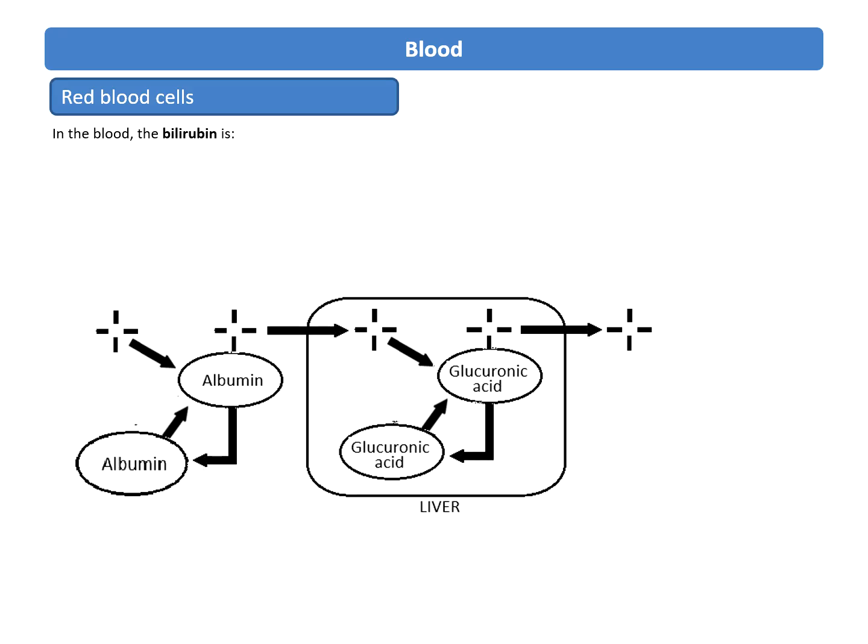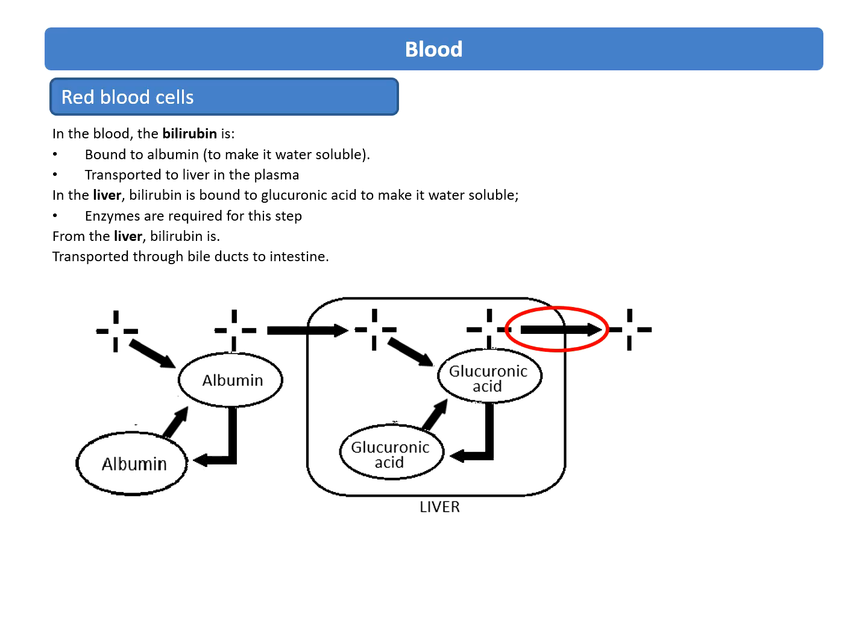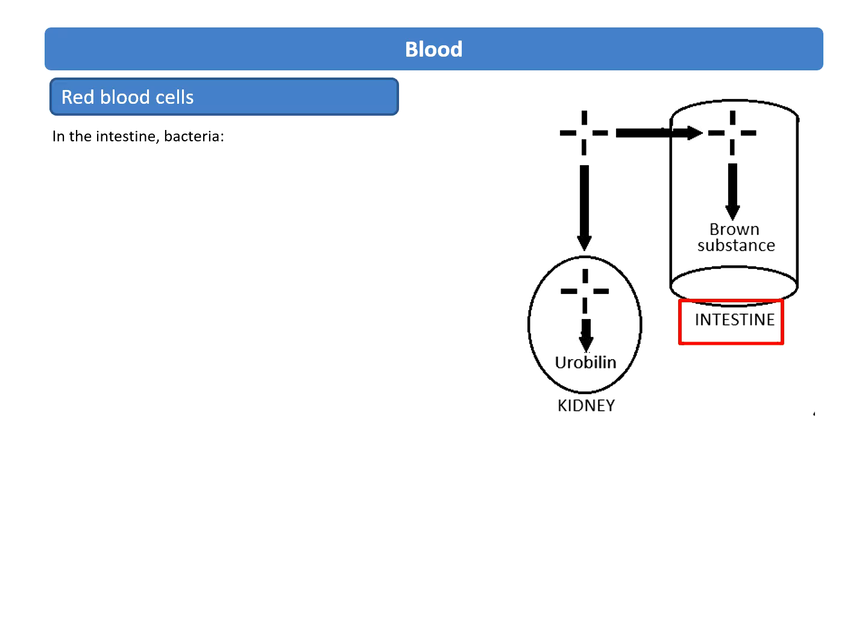In the blood, the bilirubin combines with albumin to make it water soluble. It's transported to the liver in the plasma, taken into the liver where the bilirubin is bound to glucuronic acid to make it water soluble. The enzymes are required for this step. From the liver, the bilirubin is transported through the bile ducts to the intestines, and in the intestines,